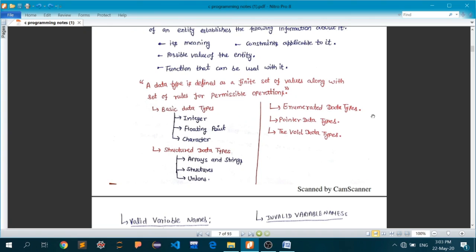Okay, so that is the basic data type. But let's say a structured data type, for example arrays. Now an array is a collection of similar things. Let's say the numbers from 1 to 10: if you want to store them and identify them with a single variable, then that variable will be called an array, and that structure used to store the whole of those numbers from 1 to 10 is called an array.